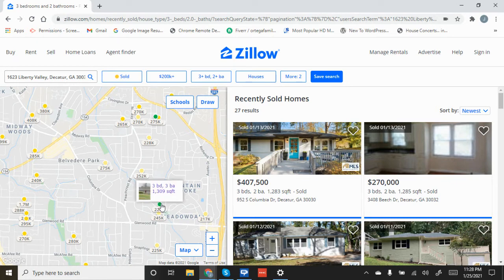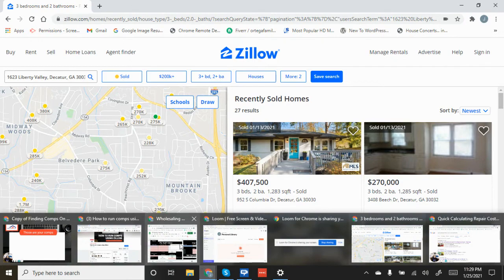220. This one sold for 220. And 1309, again in the ballpark where we want to be. And then this one sold for 245. This is actually an actual comp. 245 at 1400 square feet. All right, so what we're gonna do,